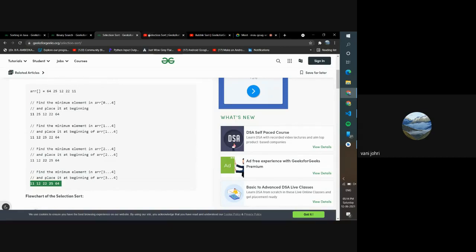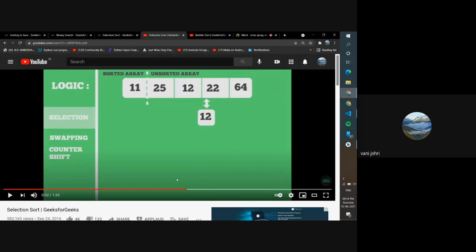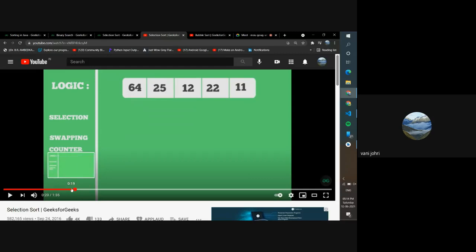I will also show you this animation. This is easier to understand. Let's start from here. This is the array, and we're going to put the sorted array in the front, and the remaining is the unsorted.